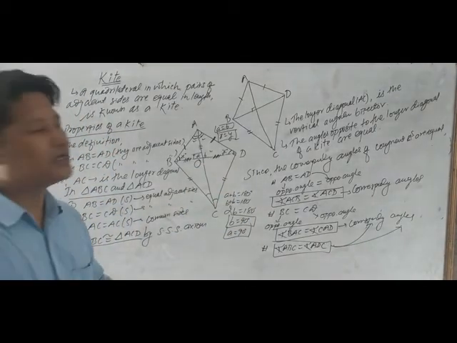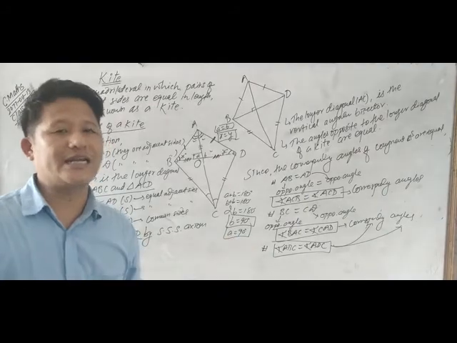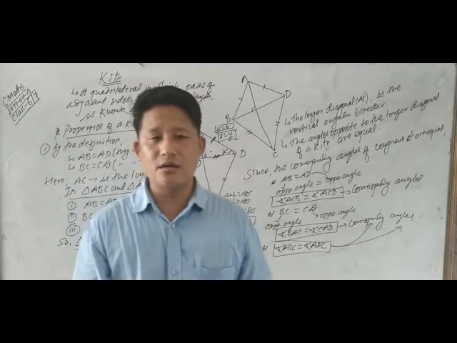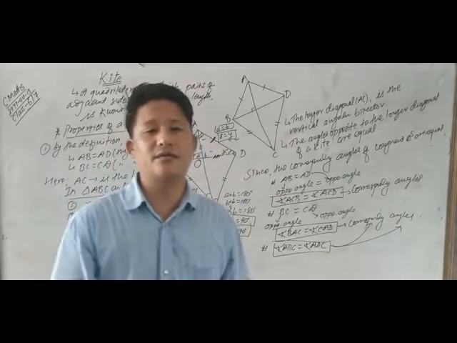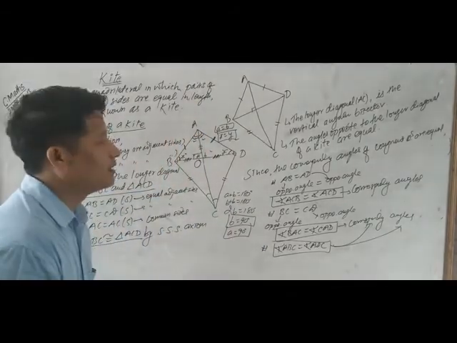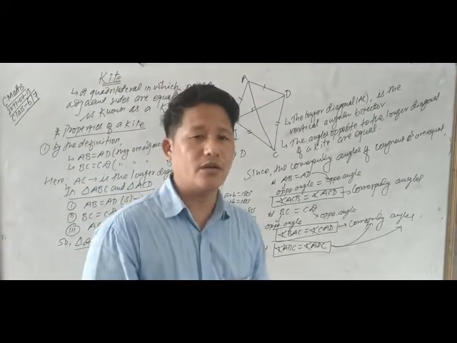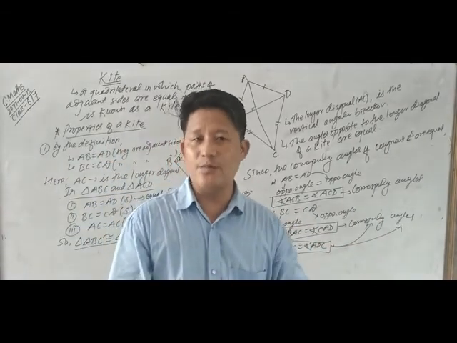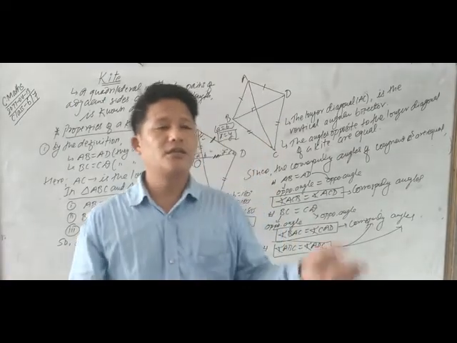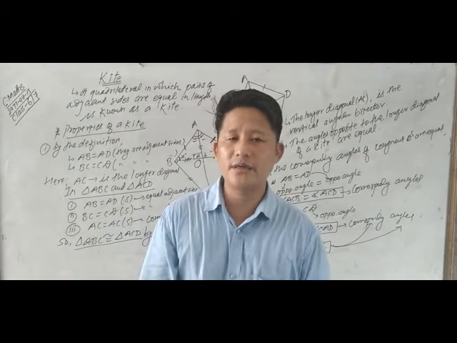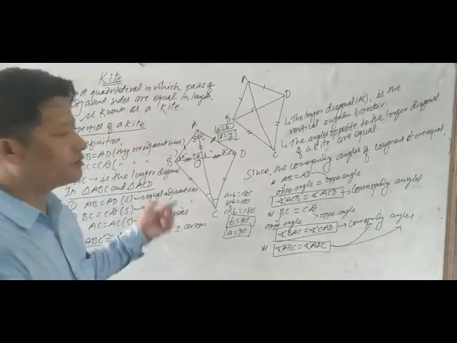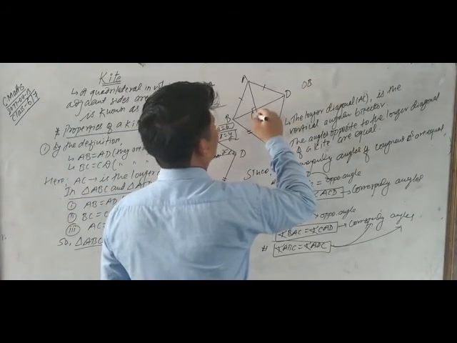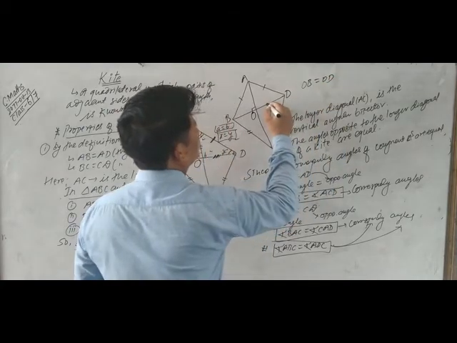The sides opposite to the equal angles are called corresponding sides. This is possible only in the case of congruent triangles. If the triangles are congruent, then the corresponding sides are equal, the same as the corresponding angles. The angles opposite to the equal sides are called corresponding angles. The sides opposite to the equal angles are called corresponding sides. That's why the corresponding sides of the congruent triangles are equal. So OB equals OD can be written. These two sides are equal.